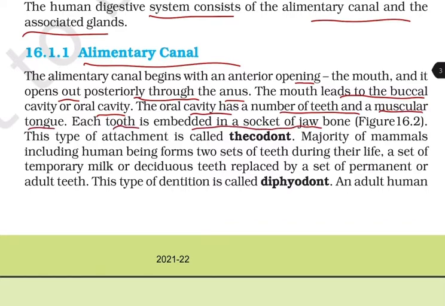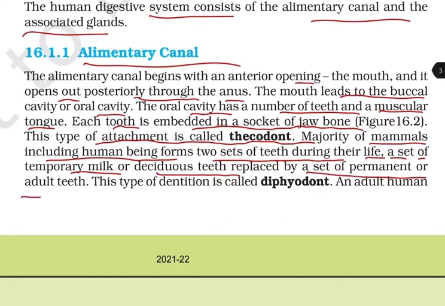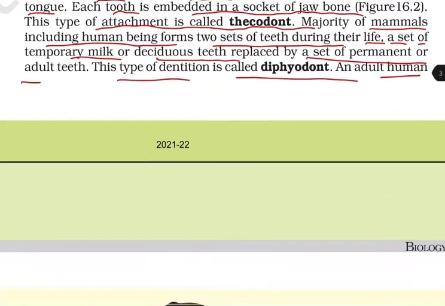Each tooth is embedded in a socket of the jawbone, and this type of attachment is called thecodont. The majority of mammals, including human beings, form two sets of teeth during their life, a set of temporary milk or deciduous teeth replaced by a set of permanent or adult teeth. This type of dentition is called diphyodont. An adult human